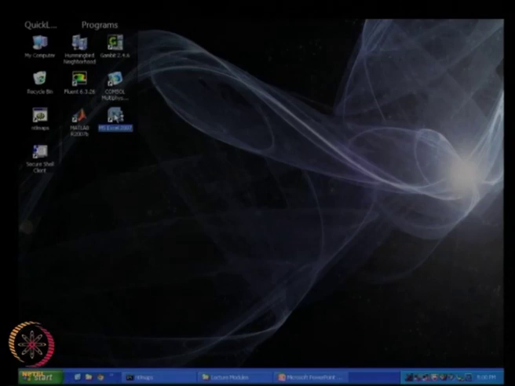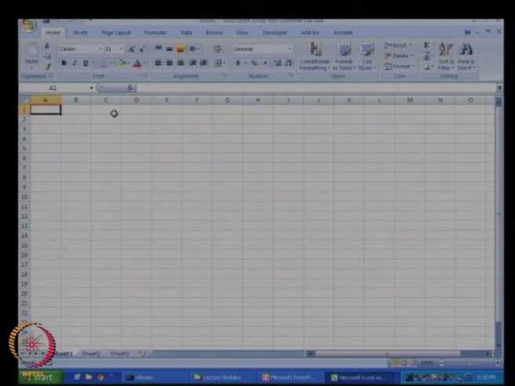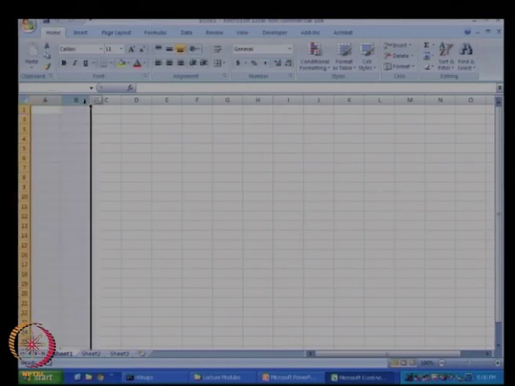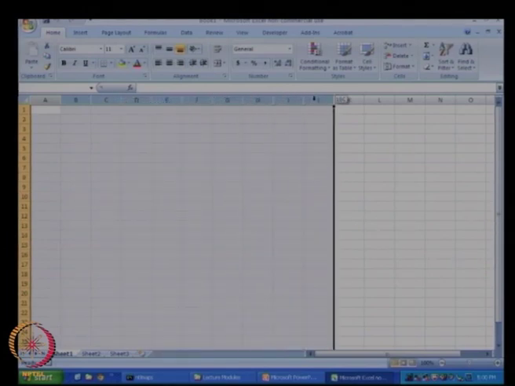So let me double click this and it will open a worksheet in Microsoft Excel. This is the worksheet, which looks very similar to what we have seen earlier. Now one of the things we can do, if we want to select the entire rows and columns, is click and press at the top and the entire rows and columns will be selected. If we want, we can increase the width of each row or each column, so let me go ahead and increase the width of each column to 100 pixels. The width now shows as 100 pixels.